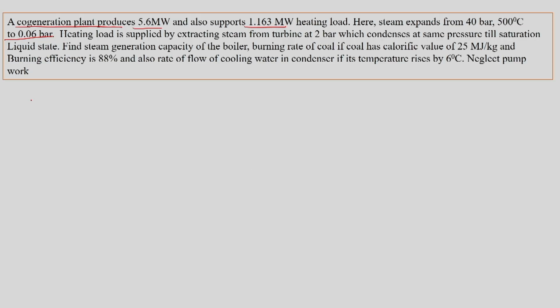This example is similar to the one we worked on for the regeneration case, where we have some steam extracted from the turbine at a certain pressure and given to heat the water in the economizer. But here, instead of heating the water, this steam is used to heat the components, or heat the product, or supply heat in the processes. So the heat from the steam is used for another purpose. That is what this plant does: it produces electricity through the turbine and also gives hot steam as a heat source. So we can go ahead and plot the TS diagram.